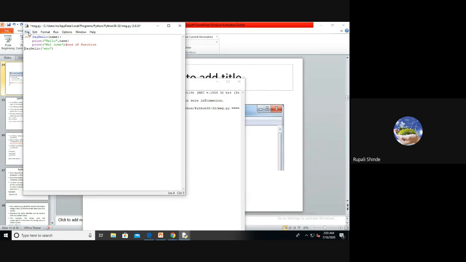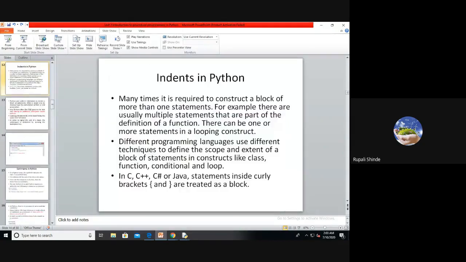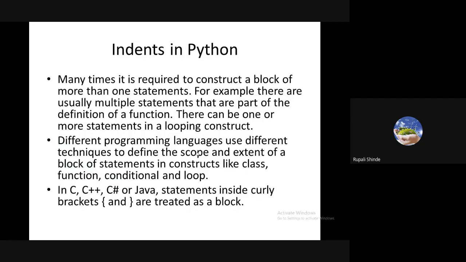Are you getting it? Do you understand what is meant by indent? Every block of your Python is written with indents. So this concept is very important for you. Whatever block you want to create, it should be in proper indent in the Python language, instead of opening and closing curly brackets. Because in C, C++, C# and Java, opening and closing curly brackets are quite simple.